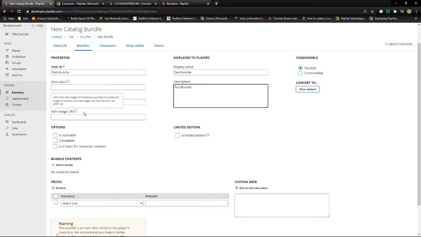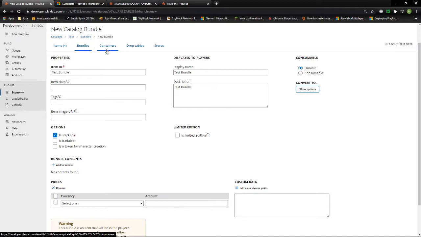So the class, the tags, the images, is stackable. You probably always want to make bundles and containers stackable by default. With items, sometimes you can not make them stackable. It just depends on what your item's for. I would always make bundles and containers that you can buy or win in the game stackable, because if there's a way of doing this within the game that the player can generate quite a few of them,